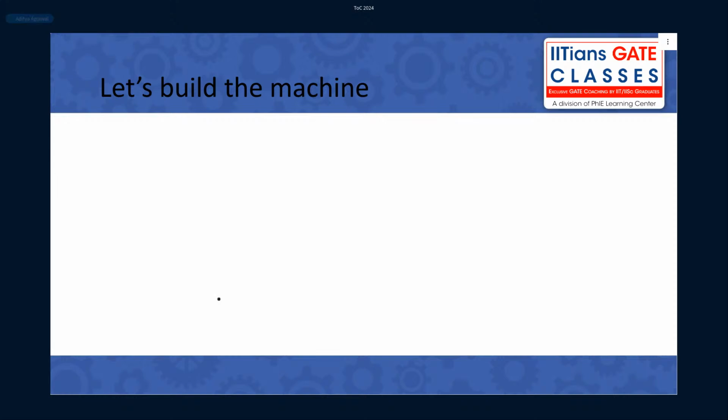But let's say that you have a machine where there can be only two characters accepted, which means you either accept an A or accept a B. Any string that contains an even number of A's should be accepted.